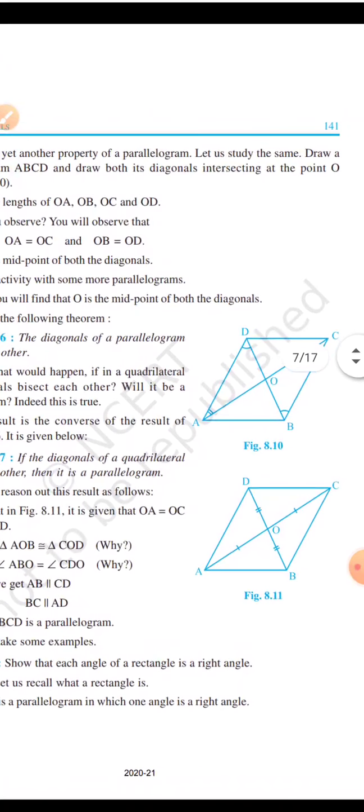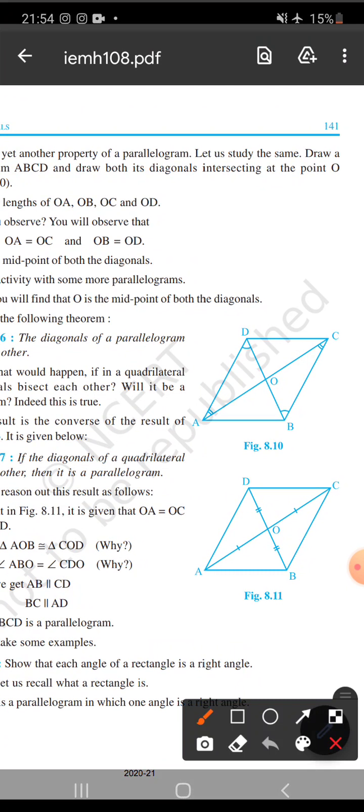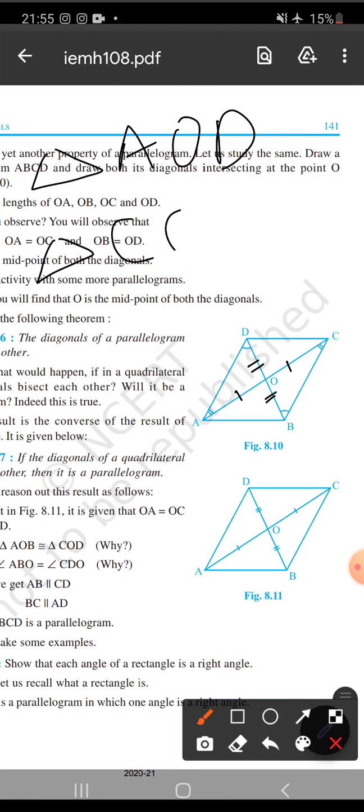That means what we need to prove is that this side is equal to this and this side is equal to this side. So in triangle AOD and triangle COB,